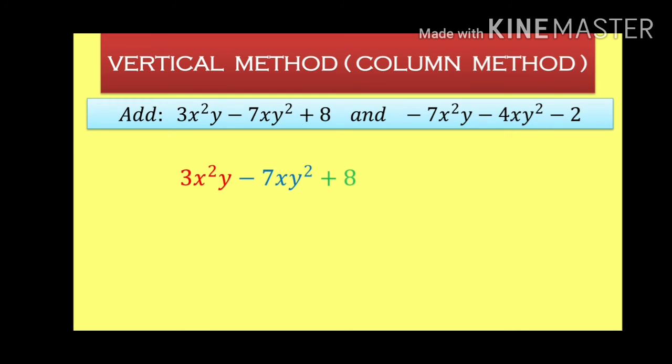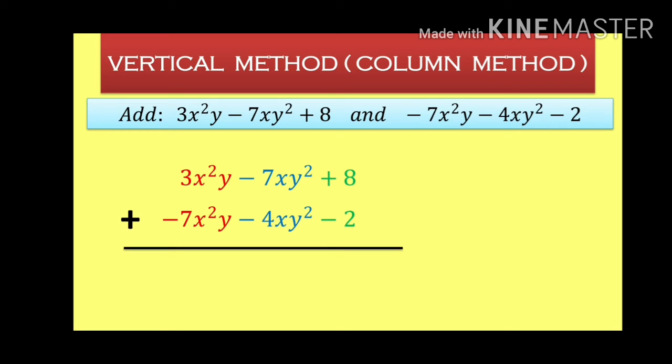First we will write down the expression as it is. Now the second expression we will just put down. The variables should match each other, the like term should be exactly under that one. So if x squared y is there, under that one we have to get x squared y only. Then only we can solve them. So here we are adding it. Now let's see a simple thing. Once you have kept them down according to the places, x squared y, xy squared, constant, this is the main thing to remember: to arrange their positions.